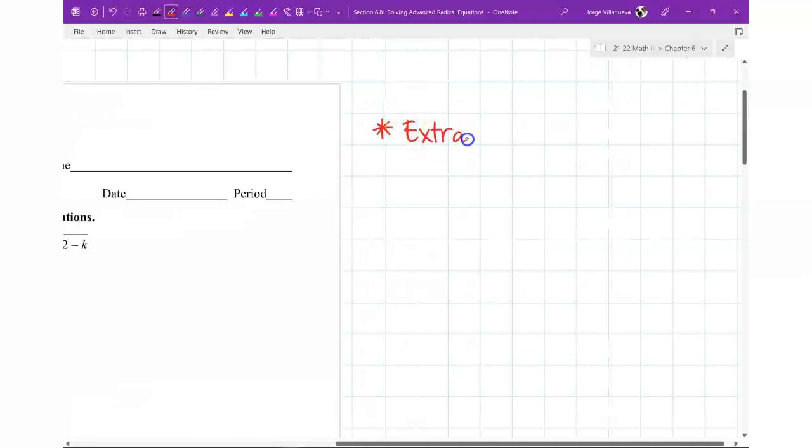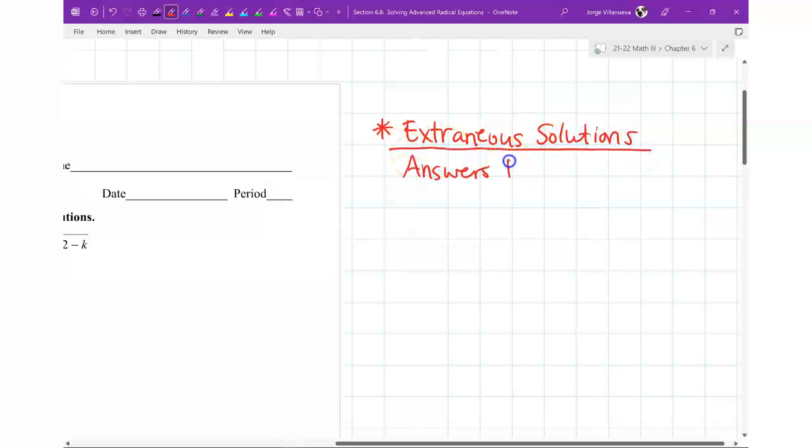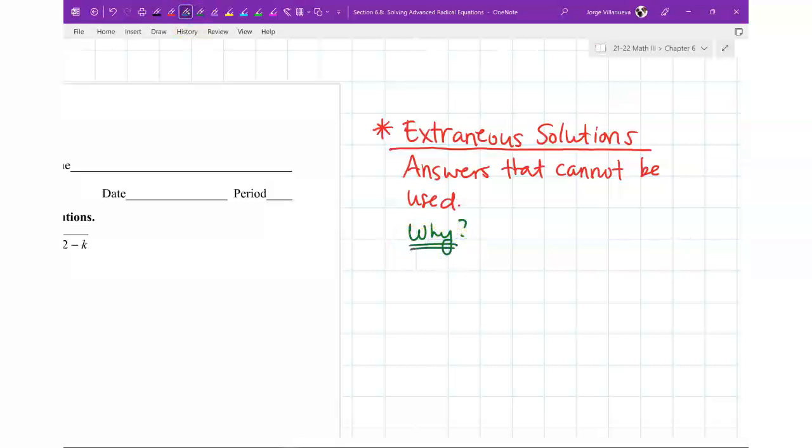Extraneous solutions, just so you can remember what those mean. So extraneous solutions, these are answers that cannot be used, okay? So the question is why? Why can't they be used? The reason why they can't be used is, first off,